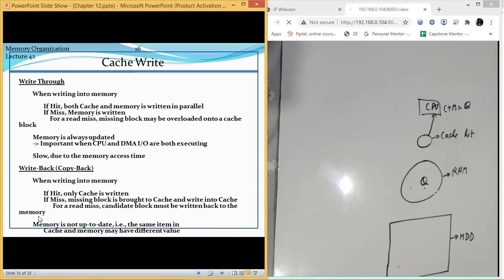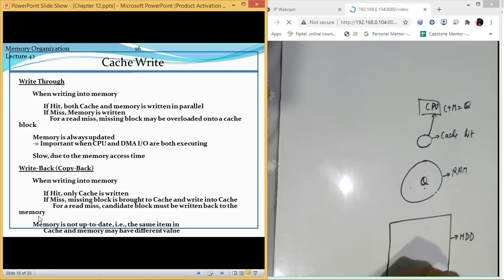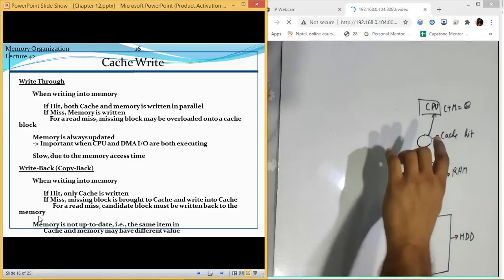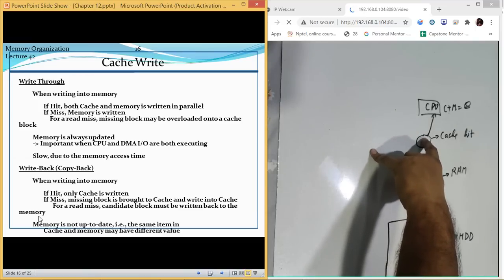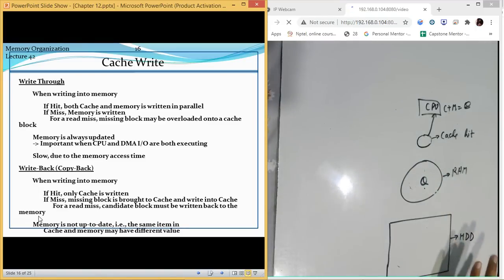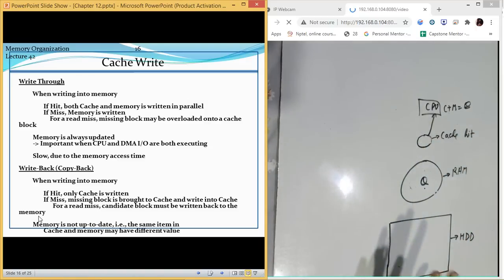Whatever data we are searching, if we are not able to find it, it means we need to bring some new data from RAM or some other place. Whenever we bring any new data to this place, we have to replace the existing ones. While we are replacing the existing values, we have to update. That is why I'm saying in simple words, it is simply updated whenever there is a read miss inside cache. So that is what we have in write through and write back.